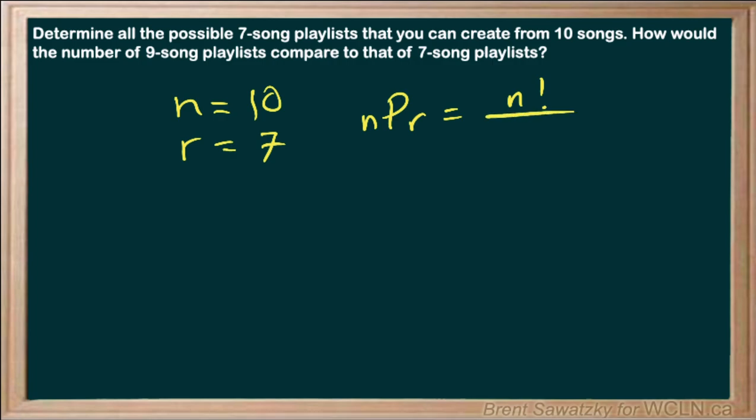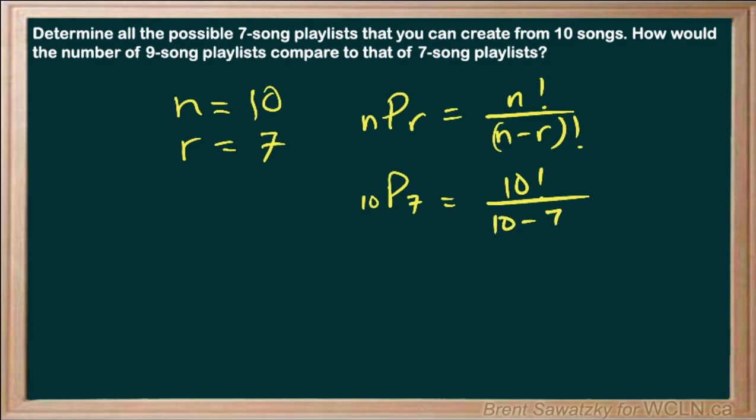And we have a factorial on the top and a factorial on the bottom. And in our case, the n is 10 and the r is 7. So we could lay that out as 10 factorial over 10 minus 7 factorial. And that gives us 10 factorial over 10 minus 7, which is 3 factorial. And we're ready to go. And so at this point, we could plug that into our calculator. It comes out, let's see,